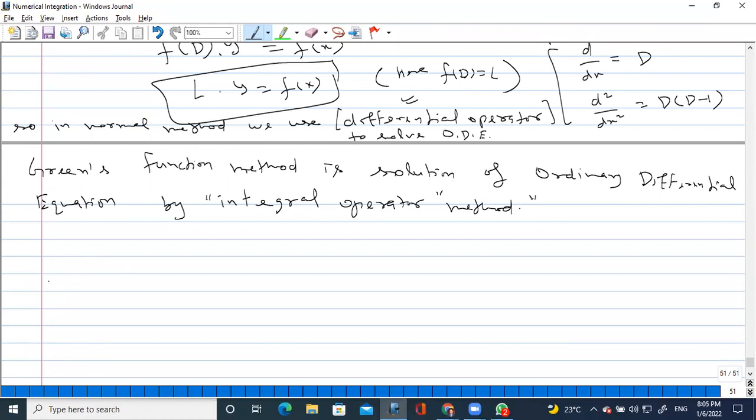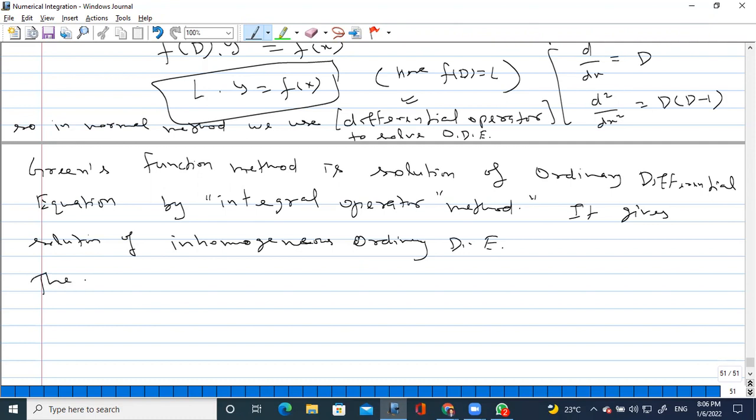Okay, so this also gives the solution of inhomogeneous ordinary differential equations, that also you have to remember. For them it gives the solution, and now the solution will be of the kind